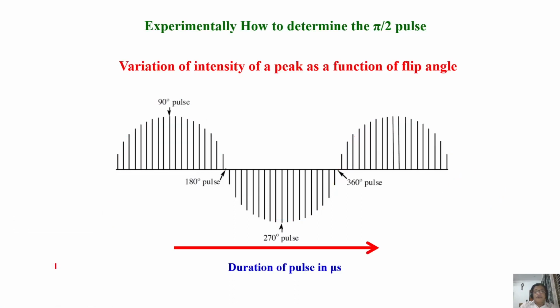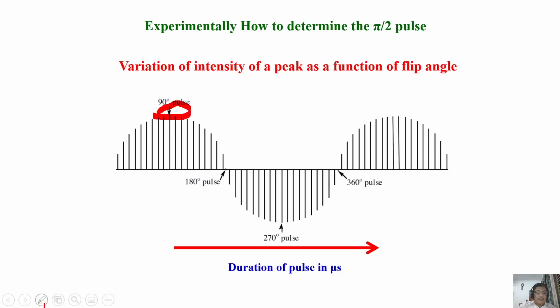That's what I discussed about the phase of the pulse. Then I get maximum signal. Now I do not change my receiver place. My receiver is the same axis. When it goes to 180 degree, when the signal is from z axis come to minus z axis, if my receiver is here, you will not get any signal. It is zero. And at 270 degree, you get negative signal. Again 360 is zero. So it keeps oscillating. So you find out what is the maximum intensity, where you get, that is a 90 degree pulse.